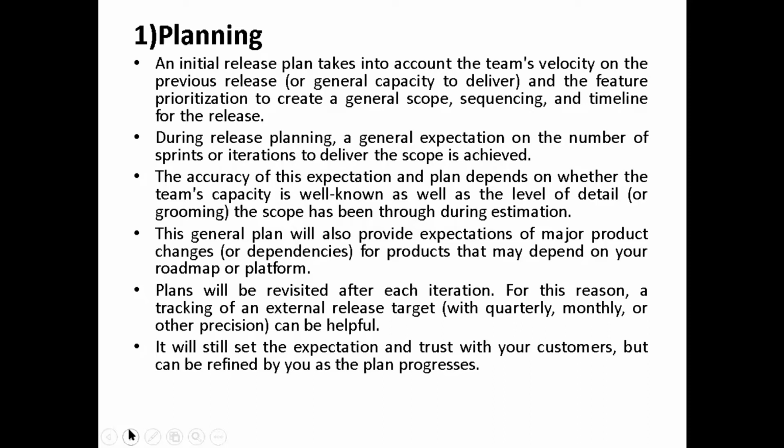So general expectation on the number of iterations that are going to be developed in each release. See, for example, in iterative software development models, you give every iteration every quarter. So in each iteration, how many modules are there? These have to be planned in the task. And also the accuracy of these expectations and the plan depends on whether the team capacity